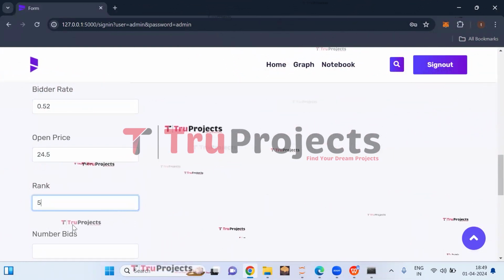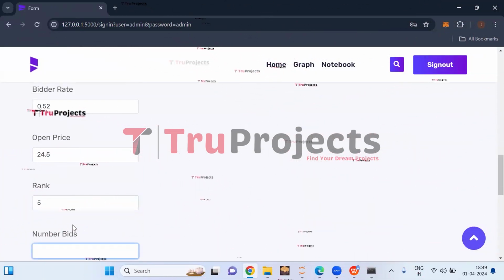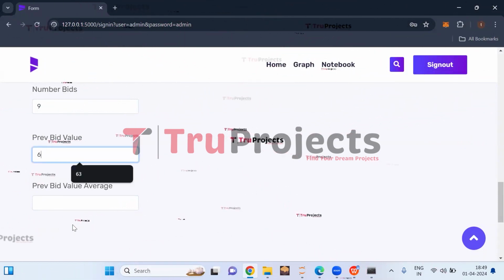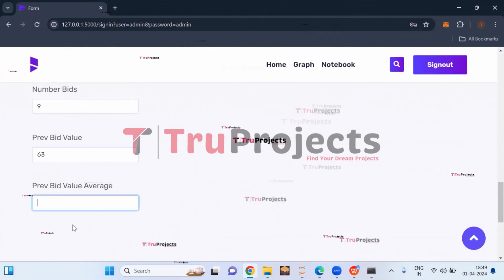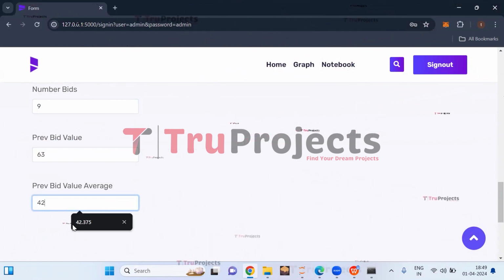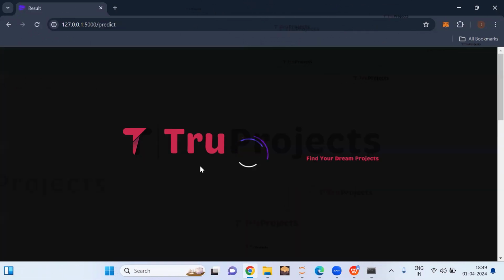Rank is 5. Number bids is 9. Previous bid value is 63. Previous bid value average is 42.37. Now click on predict button.